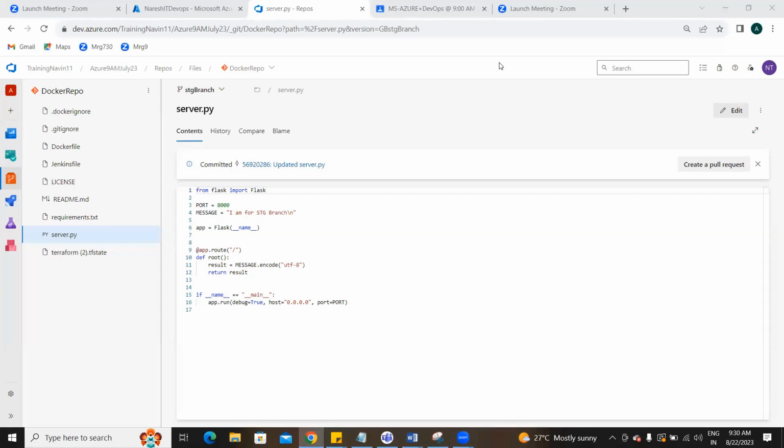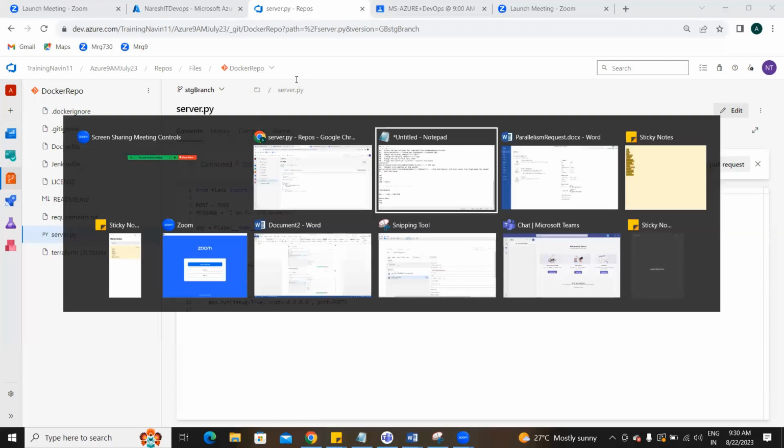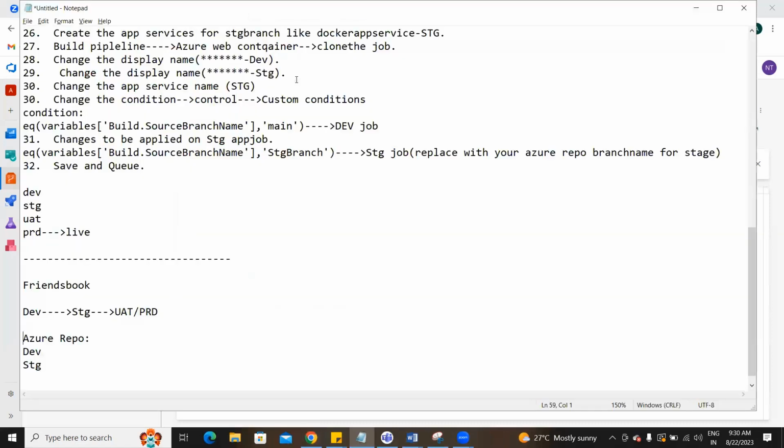Understand what our aim is. I want to deploy to multiple environments. It's important, please understand. First I'll go with the dev branch, then the stage branch. Same set of code, I'll not make any changes, except to know whether I deploy to the right one or not.